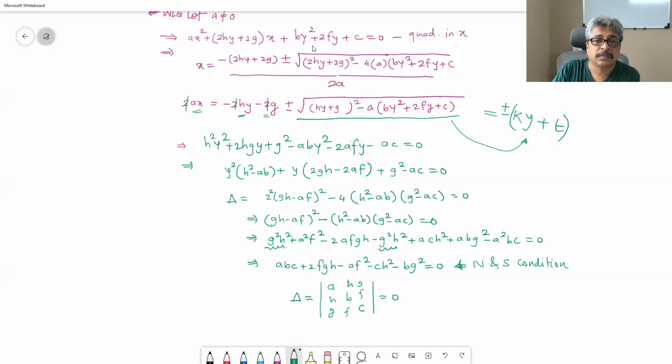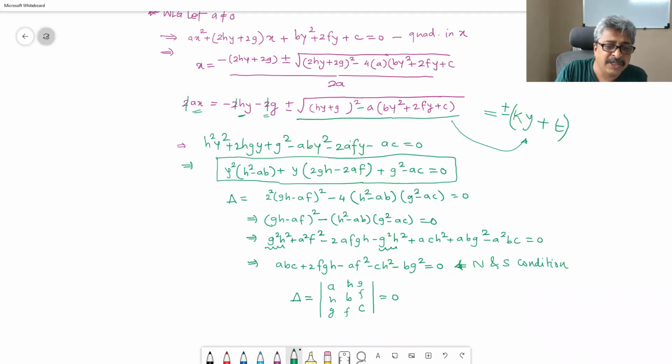So first you write this. Now, we said that this is quadratic in Y, inside the radical, and it has to be a perfect square. First question, is it really quadratic in Y? What if it does not remain quadratic in Y? So if it does not remain quadratic in Y, we are questioning what will happen. How can it be a perfect square if it is not quadratic in Y?